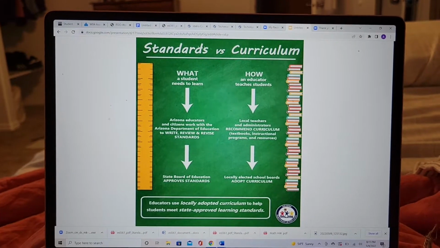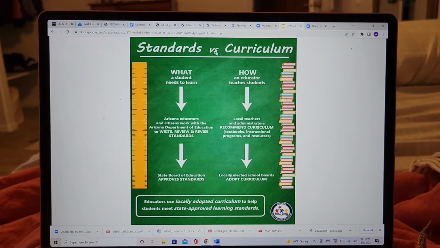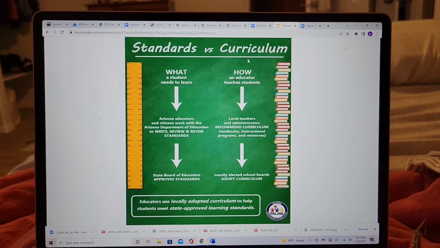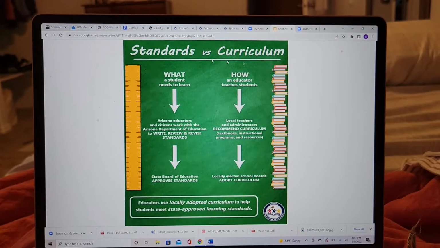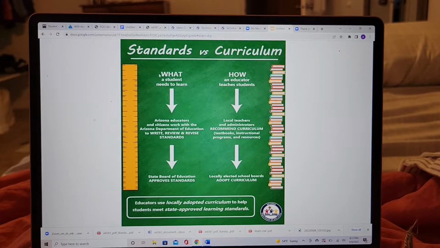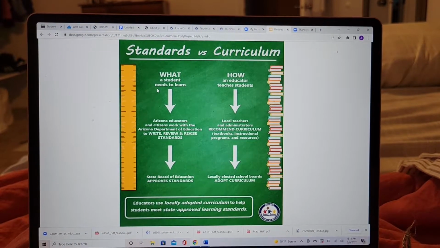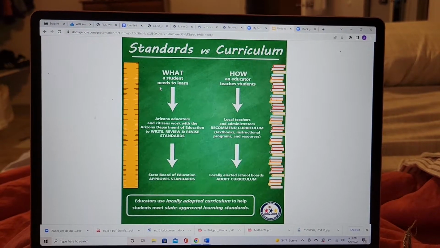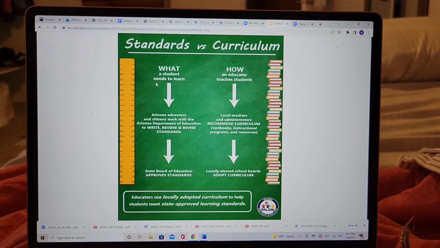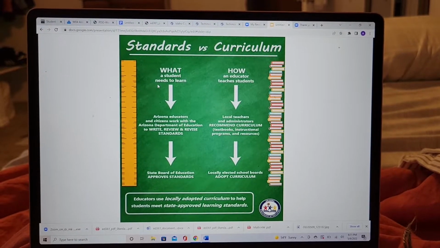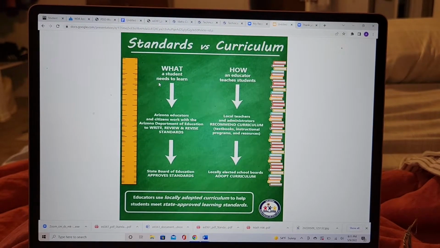But first off, I wanted to talk about standards versus curriculum and what the difference is. Standards are really the what a student needs to learn, just like it says right here, and those are generally made by the state. They're just what a student needs to learn based on their grade and age.